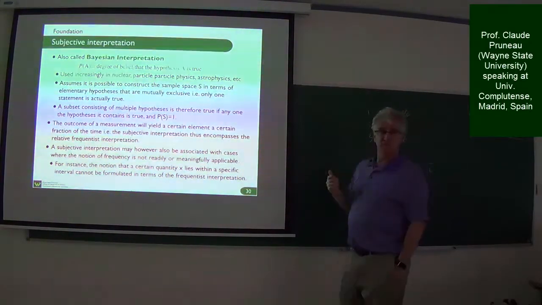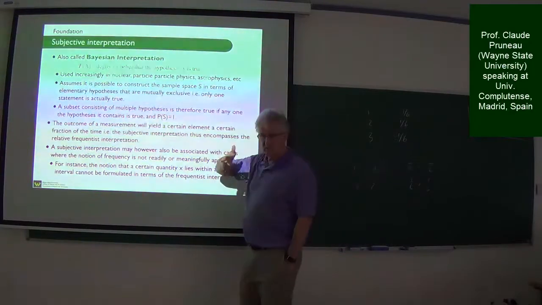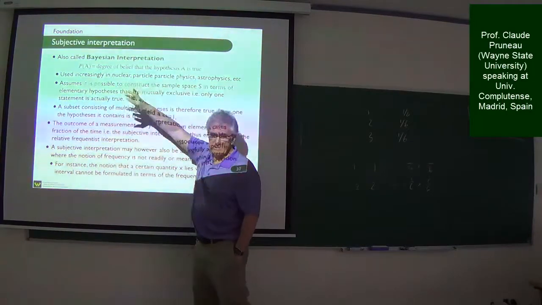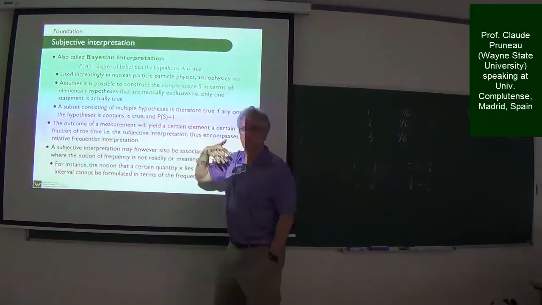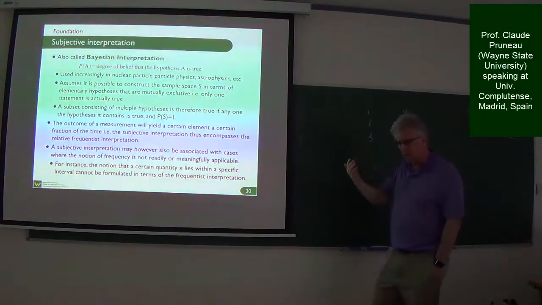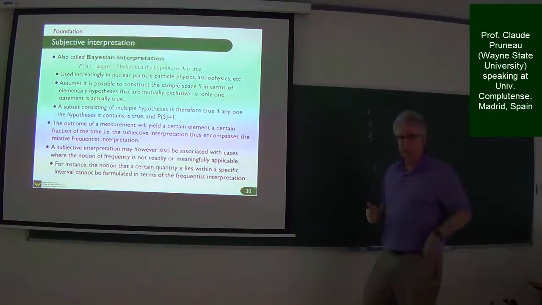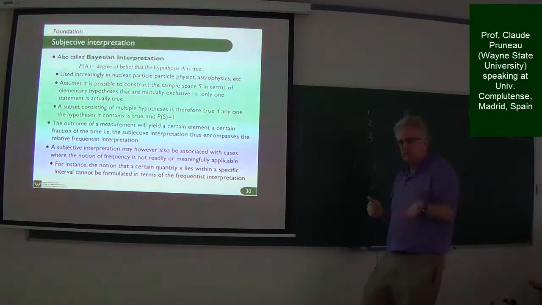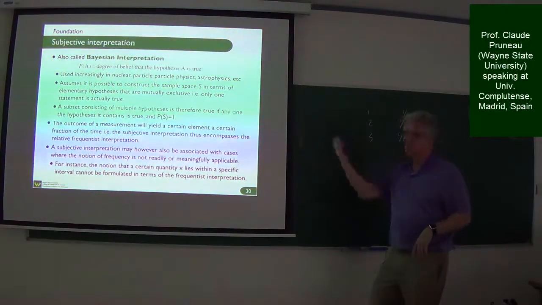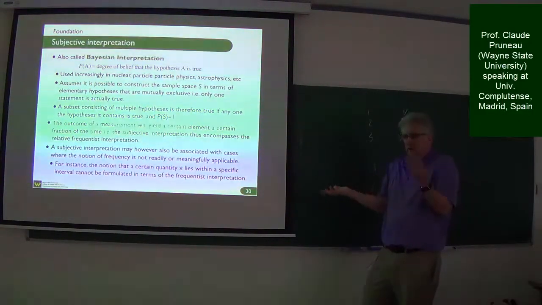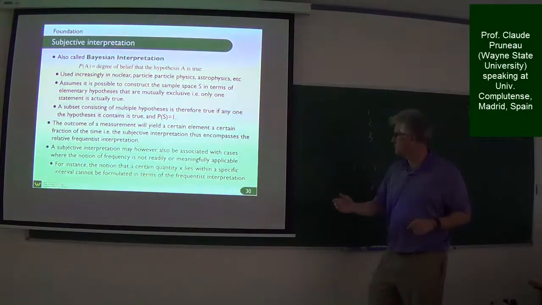Now, in the context of Bayesian interpretation, rather than talking about sets, one talks about hypotheses, and so you can talk about the probability of hypothesis A being realized. And if you think in the context of scientific theories, you can say I have a theory A and a theory B, and you can ask what is the degree of belief that I have that theory A or theory B is correct. At the initial stage, these theories are just guesses, but then when you carry out an experiment,